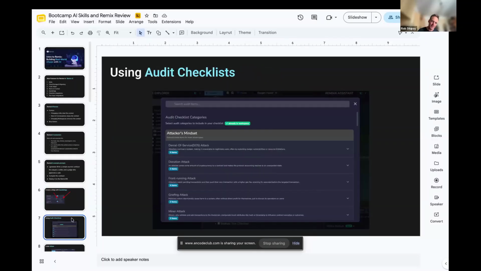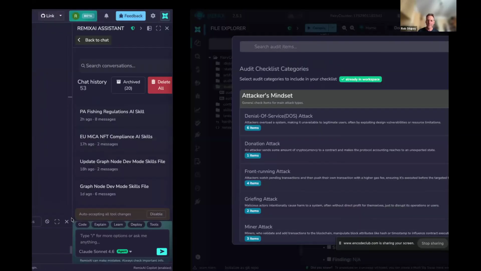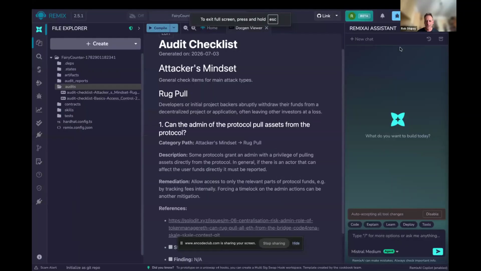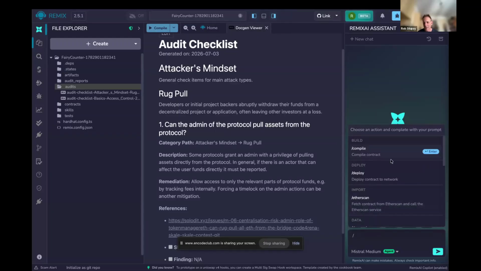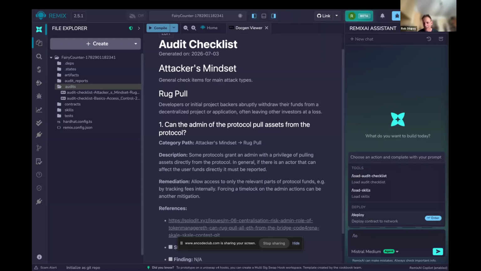So let's go over a few things in Remix. We do have a couple contracts here, but I just wanted to show that in the AI chat window you can click load skills or load AI checklist.